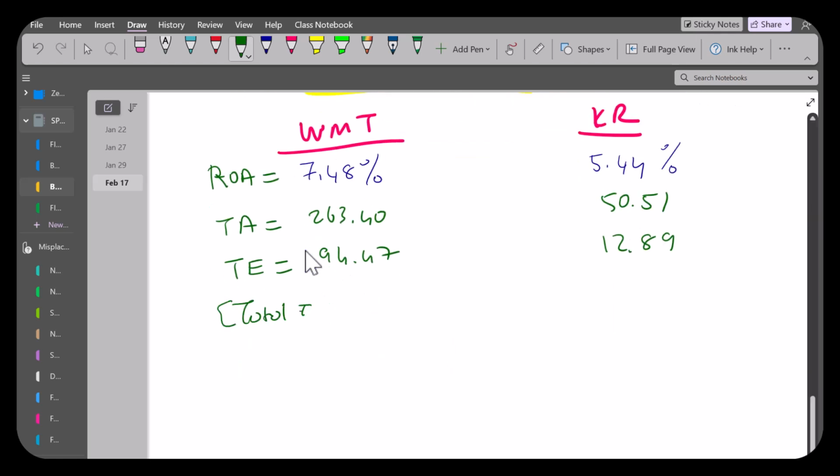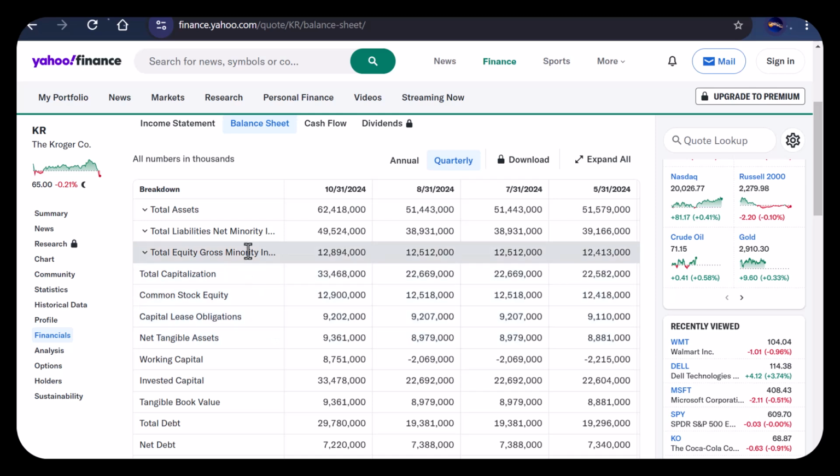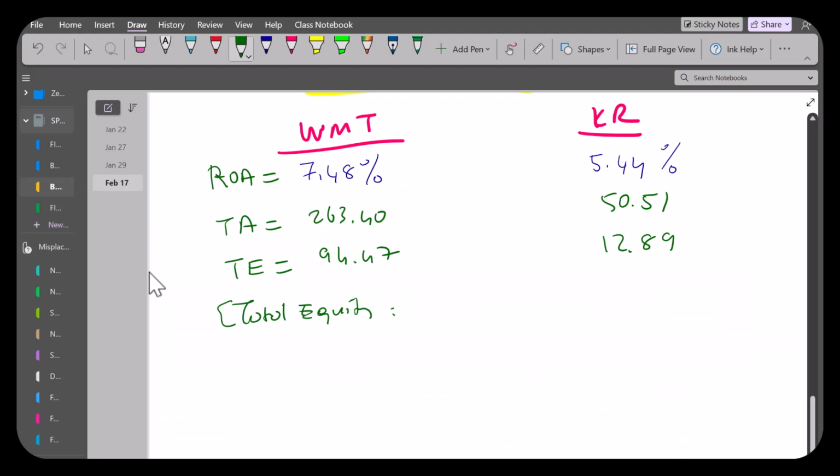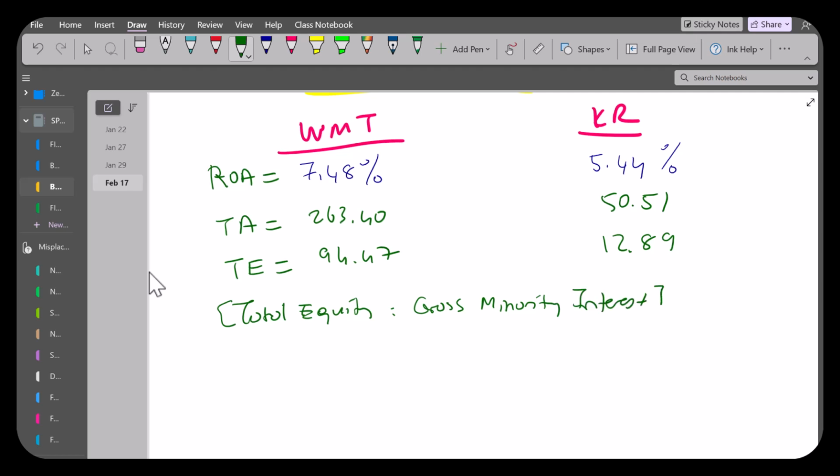Here, total equity is, I think, net of, for now, gross minority interest. Ideally, you should use the net one, but